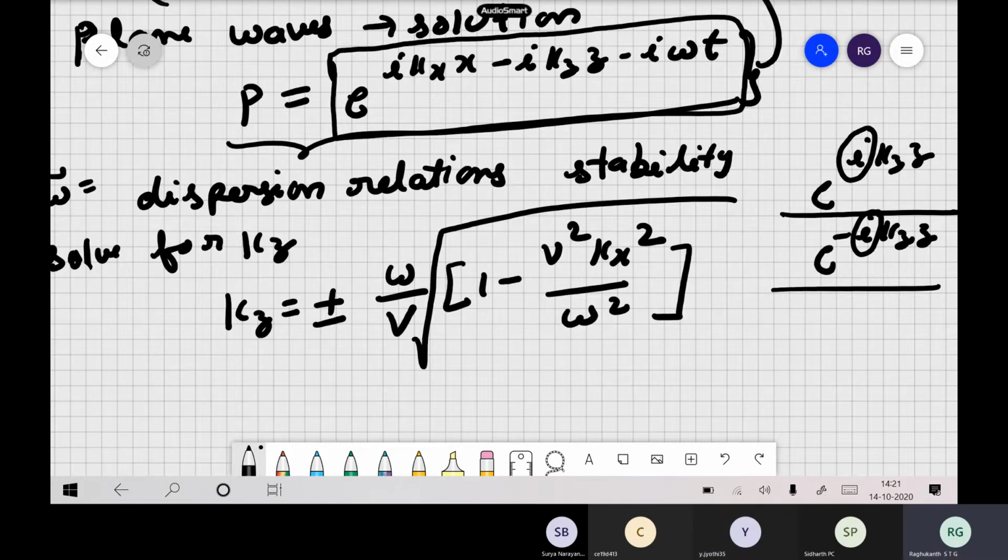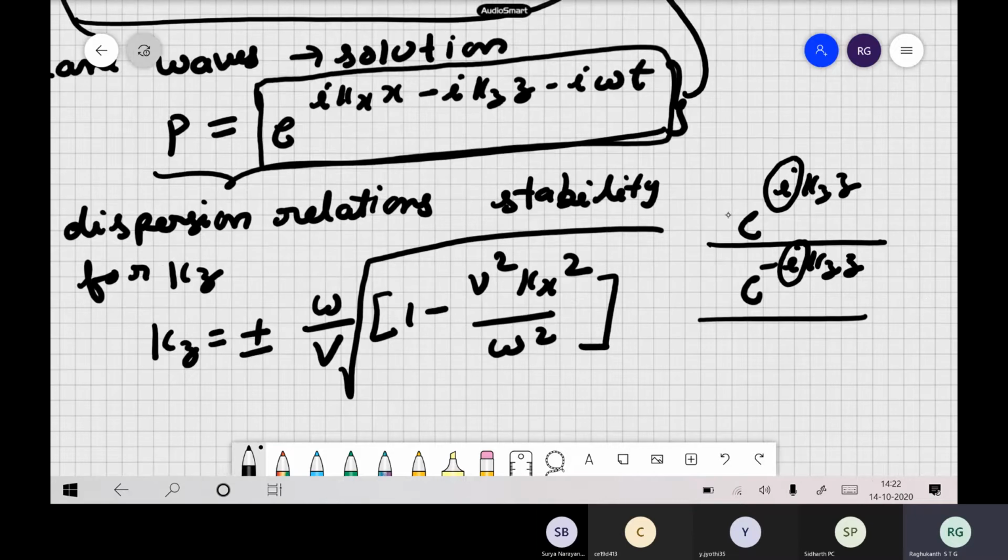But now you are having e to the power of i theta, that is sine theta plus i cos theta. If you write e to the power of minus i theta, you write it as sine theta minus i cos theta, kind of a thing. So what is this one? Remember, long back we said, what does it indicate? It is a wave going in one direction, and the other one is in the opposite direction. So that is how these things go.